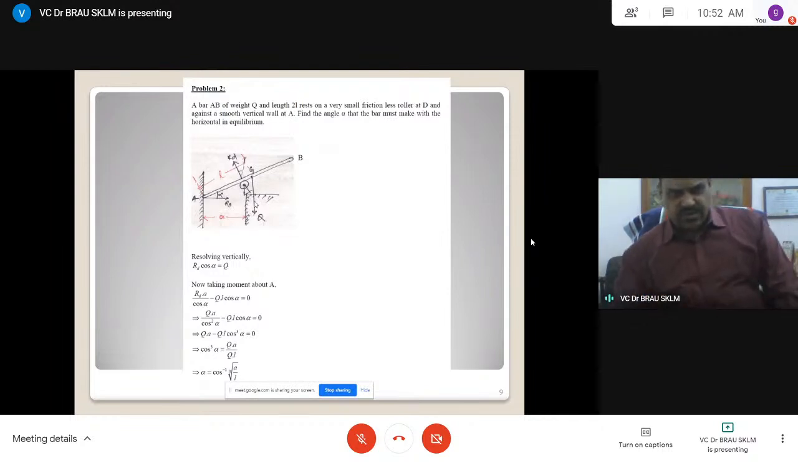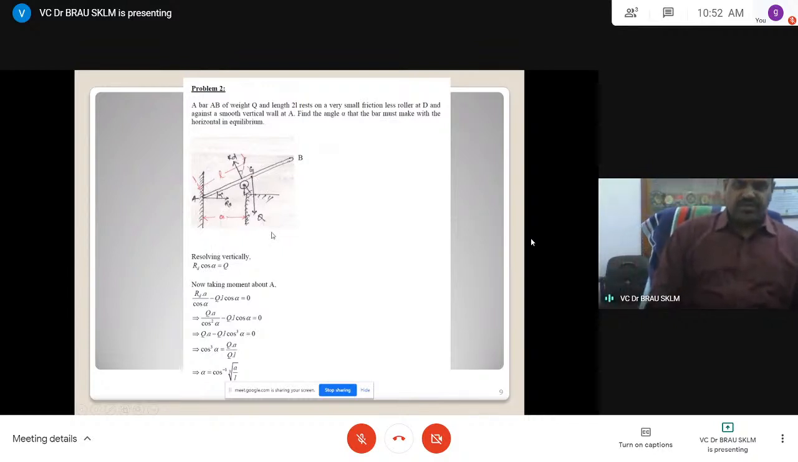Now let us take moment about A. This moment about this point. This into perpendicular distance. Because this is an unknown, you have to determine. RD can be found out from this. A cos alpha is equal to this by this. Like that, if you can use the expression